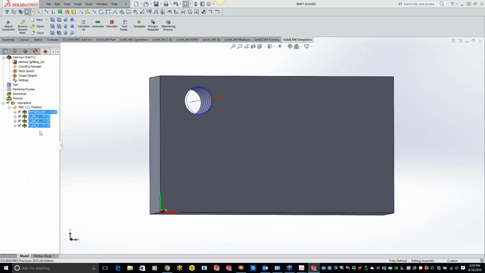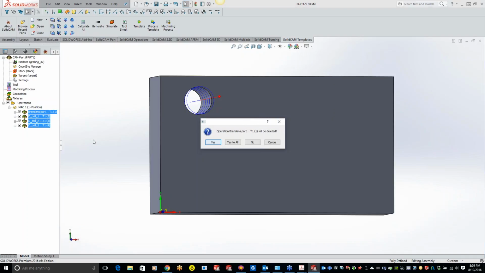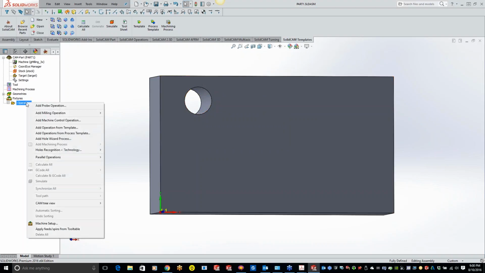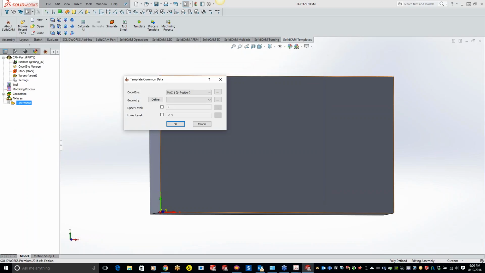Hit OK. Now if I come in here and delete, yes to all, and now right-click on your operations and add operation from process template, you'll see that the KevCAM testing is right there. We'll use the template name as my operation name, hit OK.